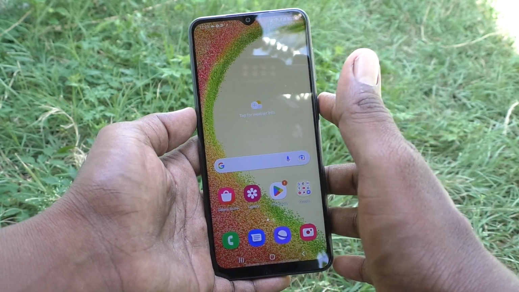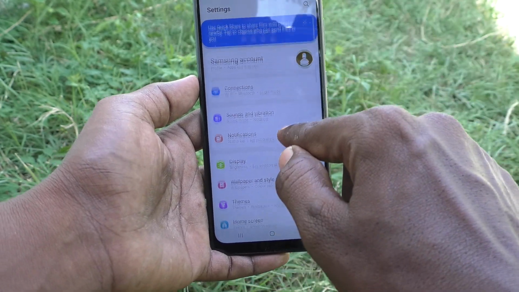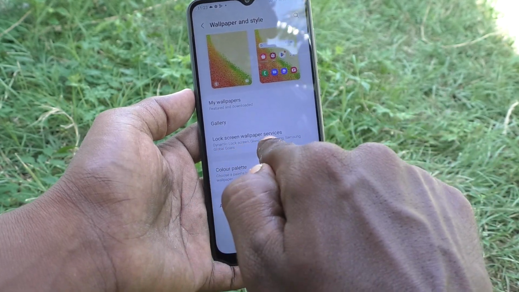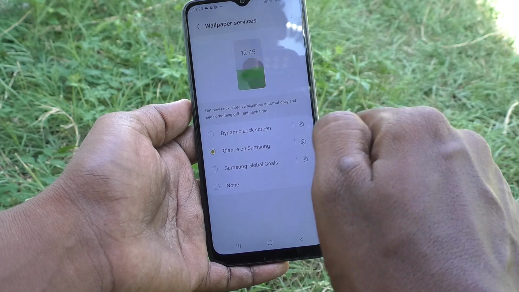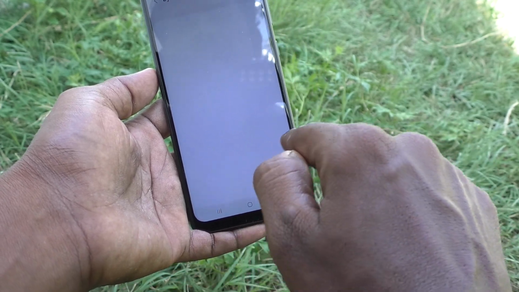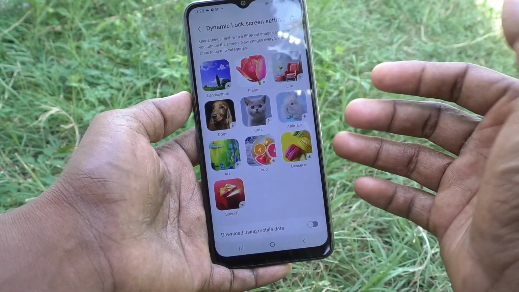Okay, for that what you have to do is just go to the settings in your phone here and then go to wallpaper and style, and here use lock screen wallpaper services, and here choose dynamic lock screen and click on apply, and dynamically it will be changed. These are all the categories which will be used for